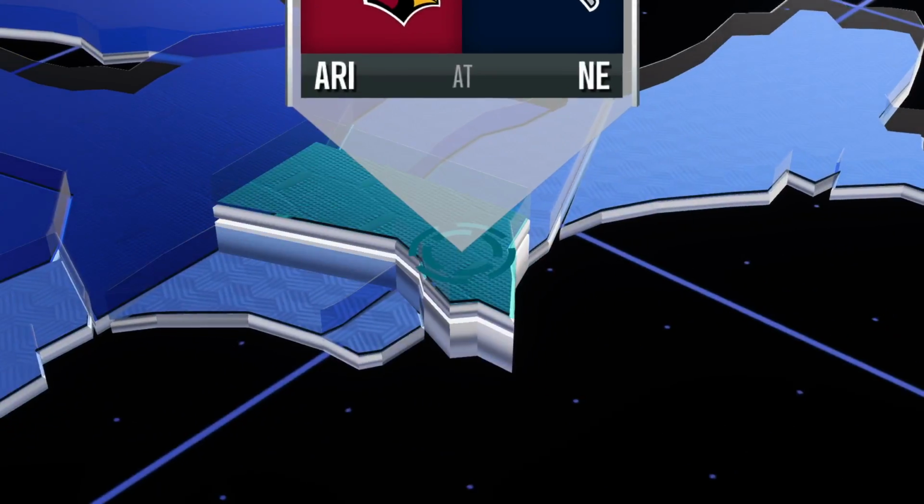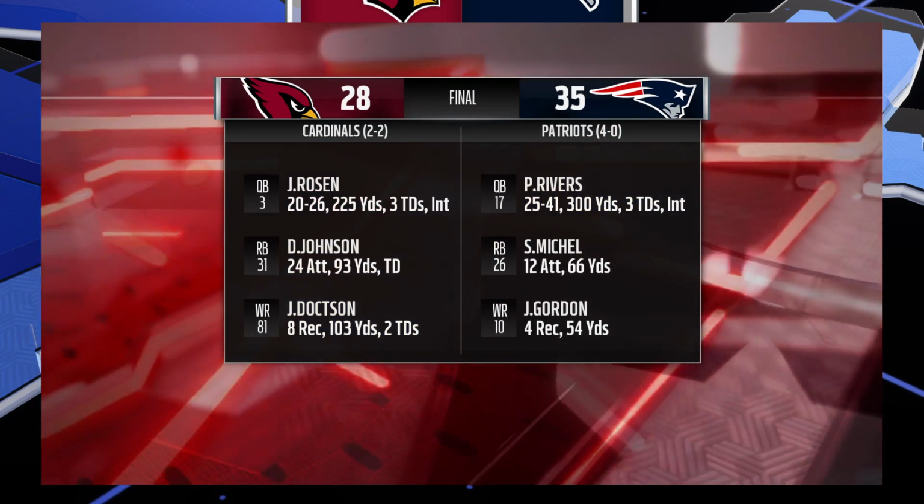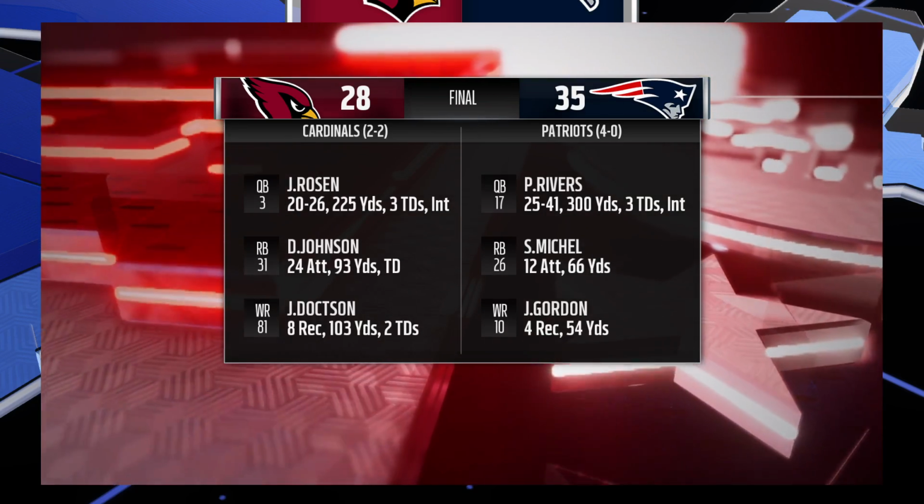We'll start up at Gillette Stadium in Foxborough, where it was the Patriots who were able to come away with the victory. Phillip Rivers, 3 touchdown passes as his guys stay unbeaten